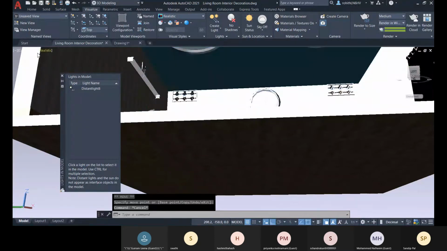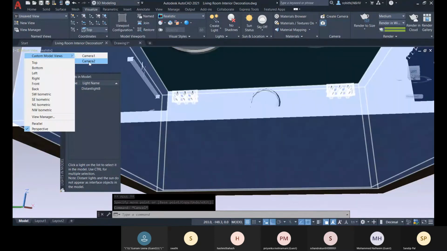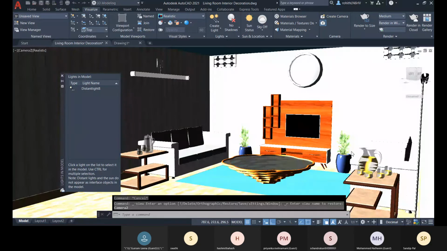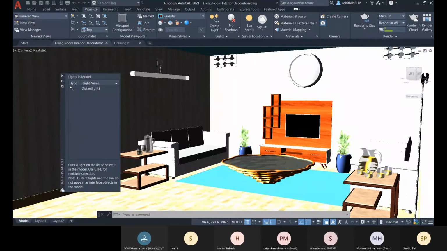Let me go to this camera view, and here let me see this. But here I'm still not getting it. Okay, so I'm leaving this distance light.